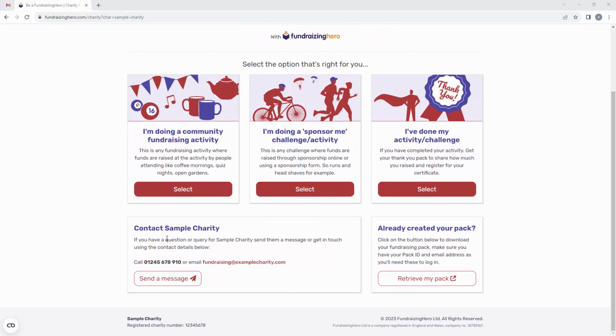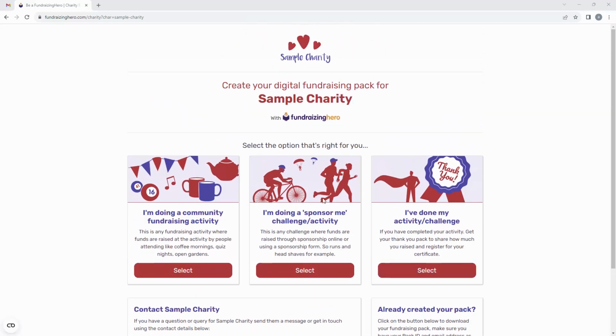Below these 3 choices we also have the charity contact details, and supporters can use our inbuilt form to contact the charity. And if they are looking to download a pack they have already created, they can click on Retrieve My Pack, which will open a new tab. In this scenario, we are organizing our afternoon tea, so we are going to select I'm doing a community fundraising